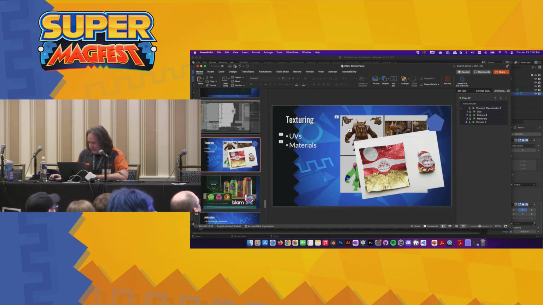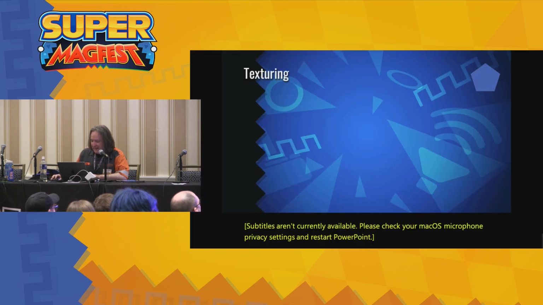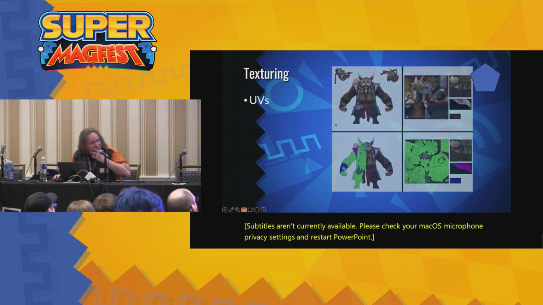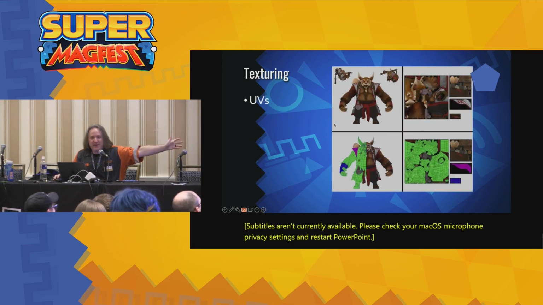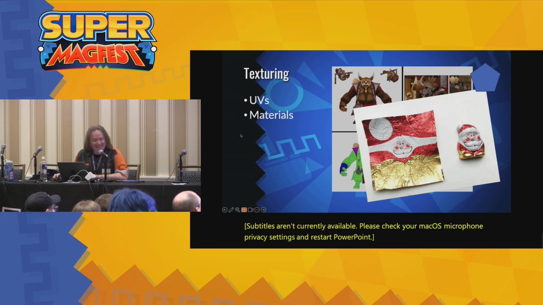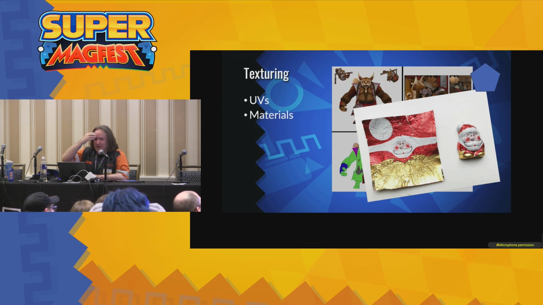My favorite of all time is this thing. If we're talking about what textures do, you'll maybe be familiar with UV maps. The image on the right is basically what the model will show by way of where the particular polygons lay as flat things over top of that. This can be confusing. What's less confusing is the example of the Santa Claus chocolate. This was shown to me early in my career as a way to intuitively understand what a UV map is. Eventually you're dealing with images that you're going to be laying over these.